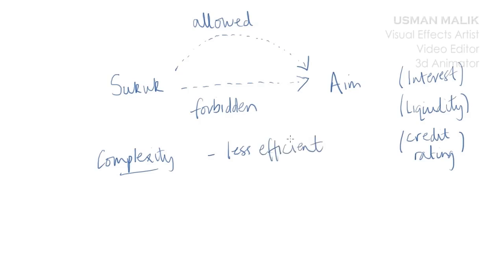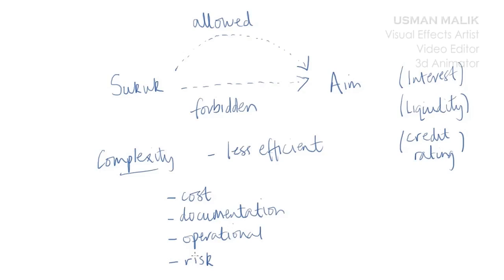And what we mean by less efficient, we mean that there's going to be some impact. The impact of the change that we are making could have to do with cost, or have an impact on legal documentation, have an operational impact, or on some aspect of risk, or indeed it could be more than one of these. Or in fact, it could be all four of these, or some other new areas of impact that we will come across. So our role will be, when we find a new solution to one of the aims that we're looking at, we have to understand very well the complexity and the differences that we are now introducing. We have to understand the inefficiencies that we are creating, and our aim then will be to minimize the impact